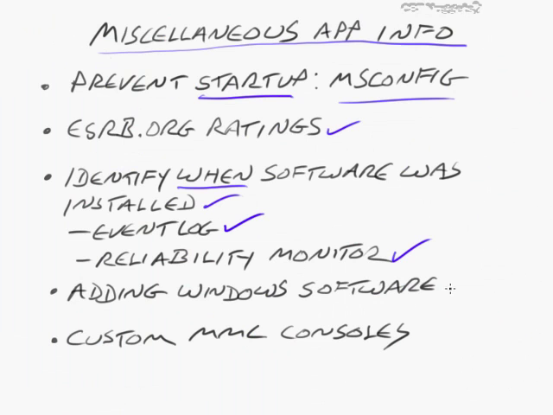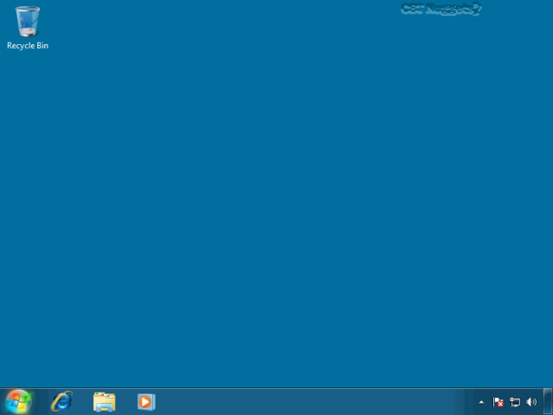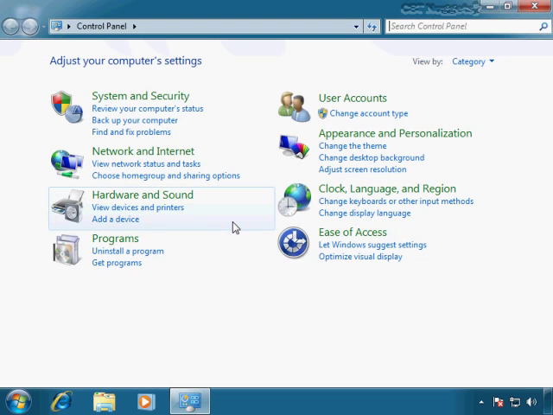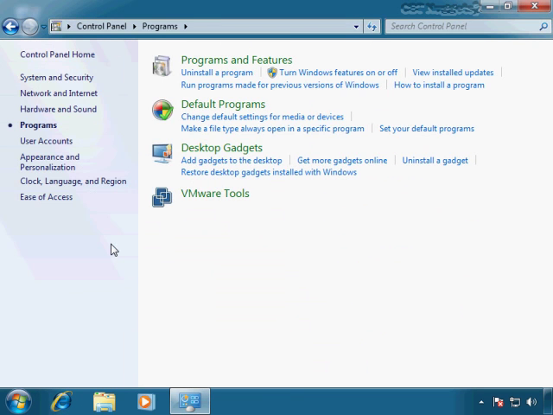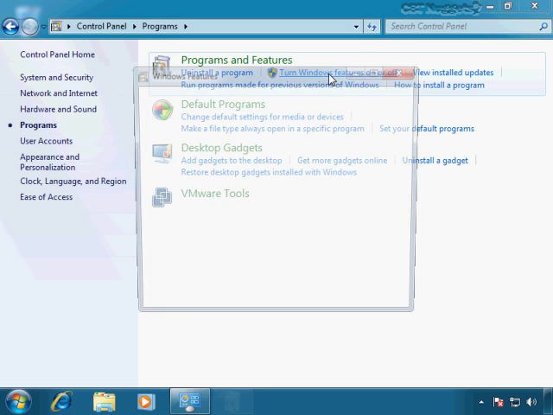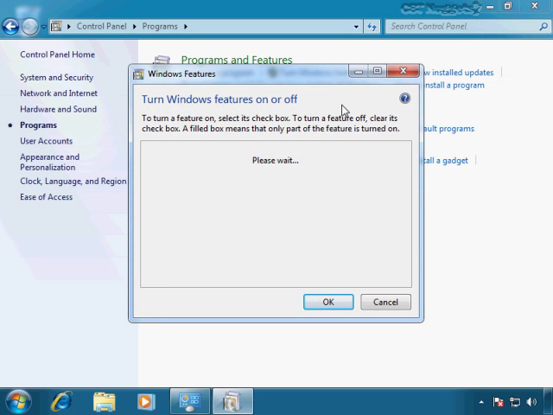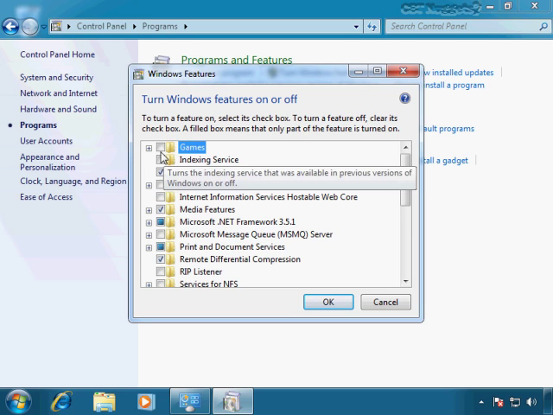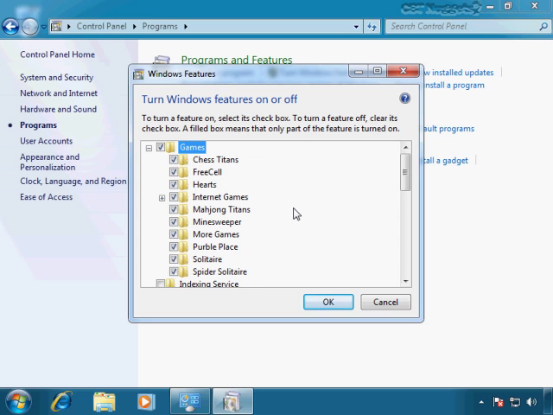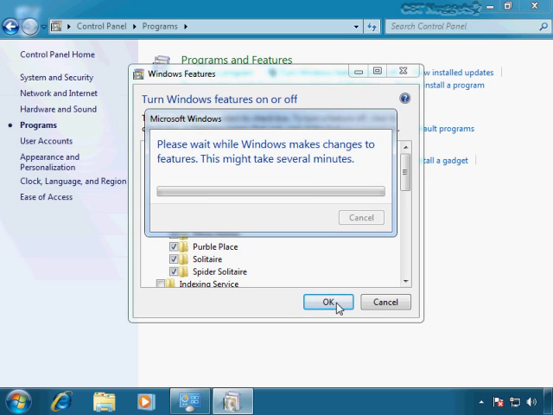Also, at times, you'll need to add additional software that's actually already included. It's just not enabled. And the way you would do that is you would go to the Control Panel, then go to Programs here, and then turn Windows features on or off. And very often people will say, hey, what happened to all the games that we used to have in Windows? It seems like even with the Ultimate Edition, there's no games anymore. Well, there actually are. You just got to click on them. See? Now we got all the games. Isn't that fun? So once you click on all of those and click OK, it will go ahead and allow those games to be revealed on your Start menu,